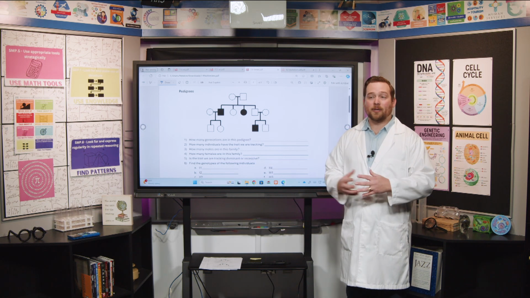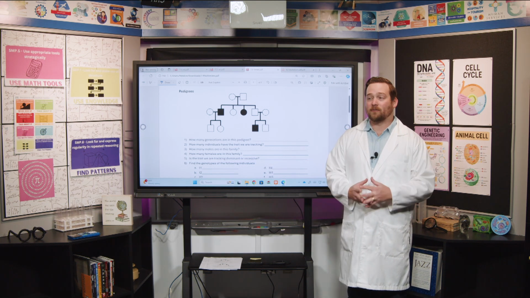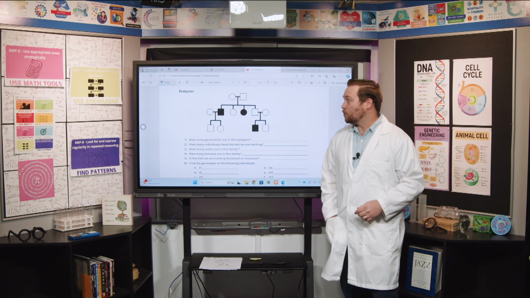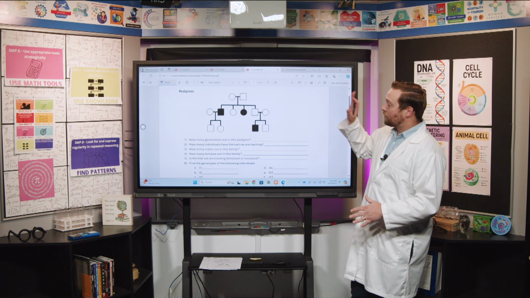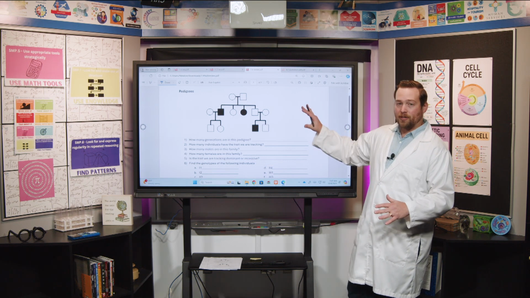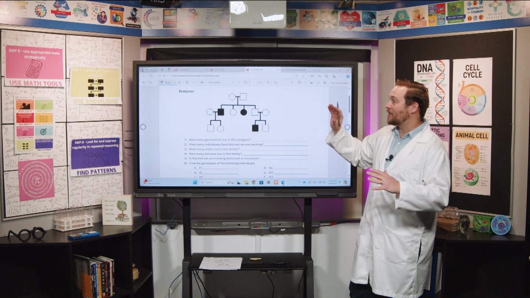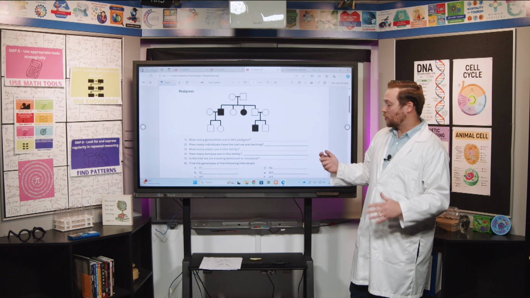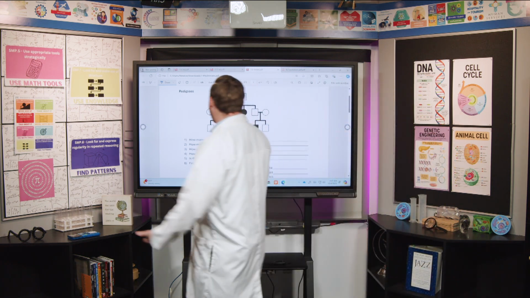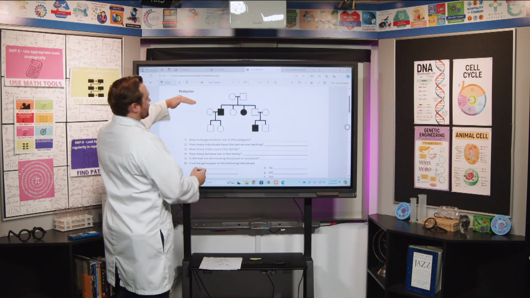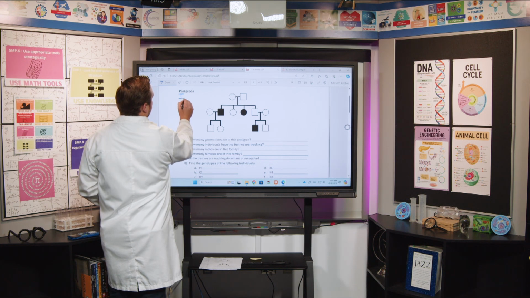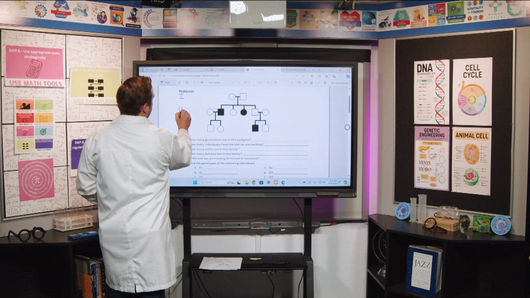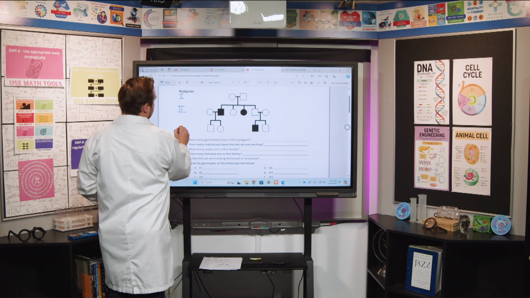We'll go ahead and hop into this worksheet and see if we can figure out what's going on here. Okay, so we're dealing with pedigrees and dihybrid crosses. The first thing I wanted to do is kind of label this pedigree a little bit because we're going to need this to answer some of the questions. So the way we write this is, remember that each line is a generation. So we would write this as the first generation, this is the second generation, and then this line is the